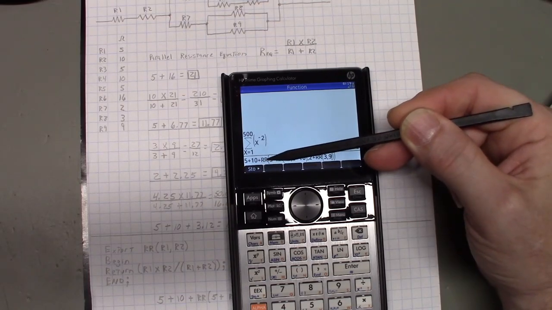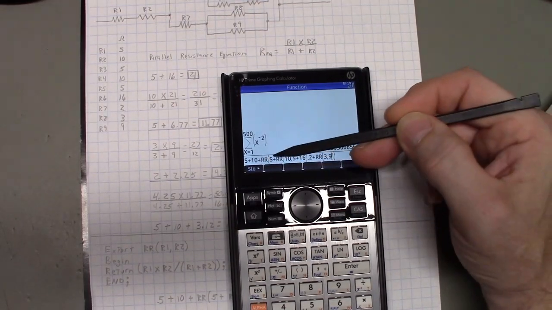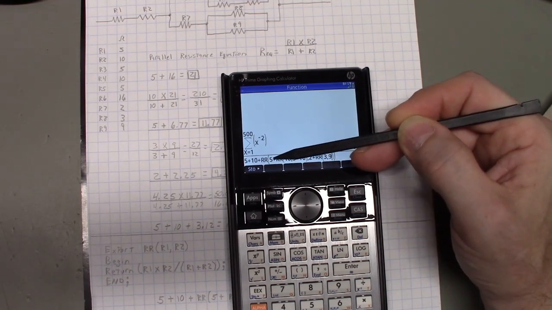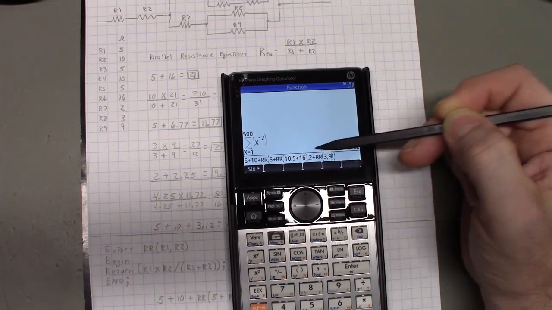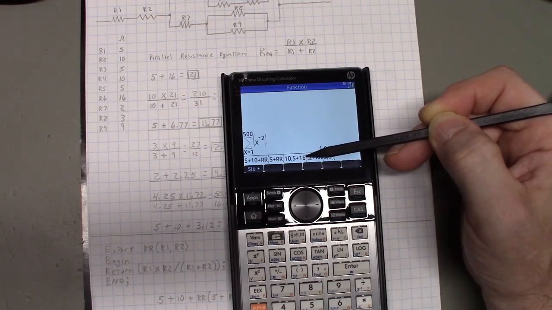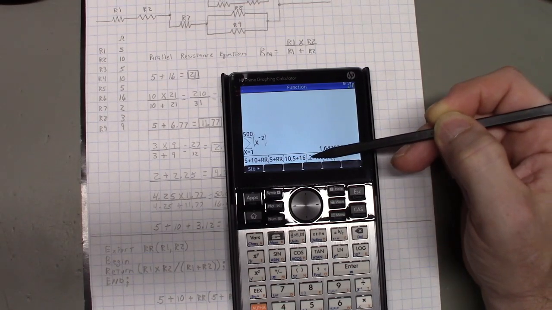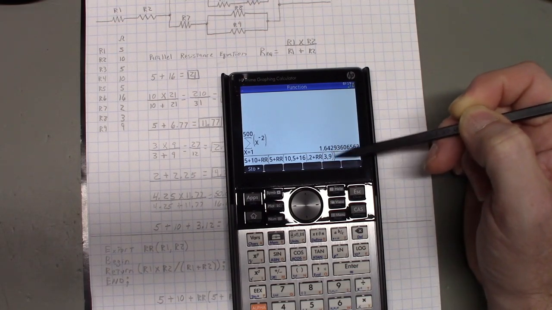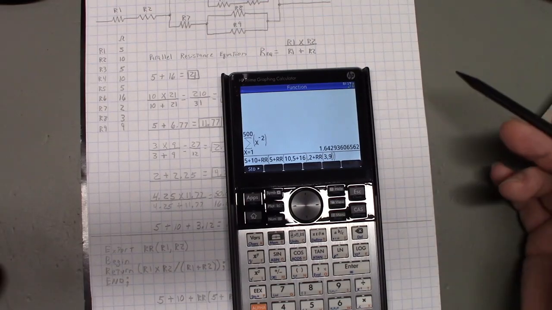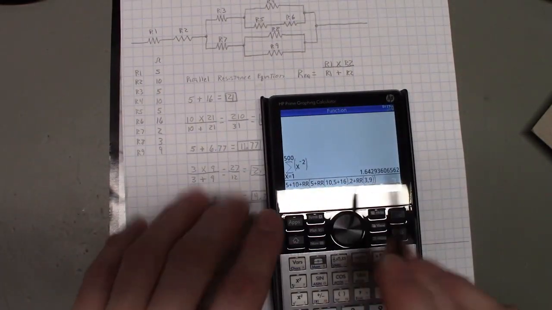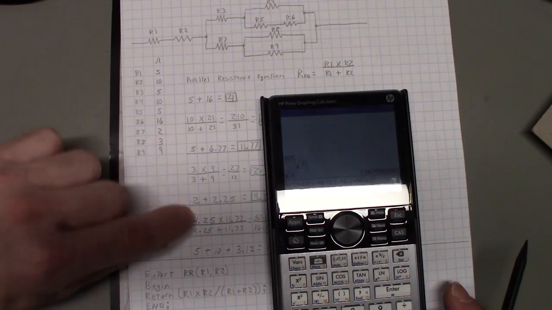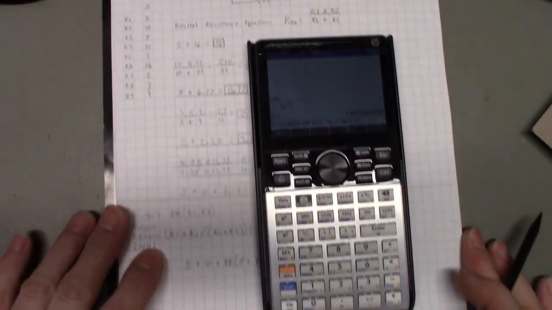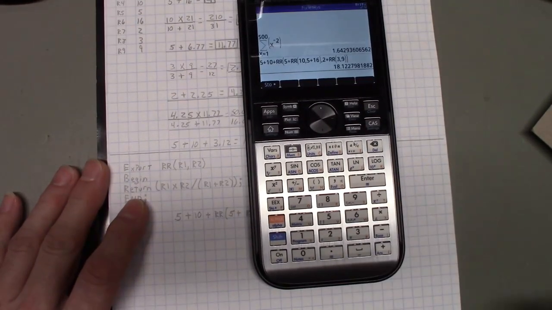5 plus 10 plus RR, which is my little program. Excuse me. Open parentheses, 5 plus RR, open parentheses, 10, 5 plus 16, close parentheses, 2 plus RR, open parentheses, 3, 9, close parentheses. That's it. It's a lot less stuff to punch into a calculator than having to punch in all of this stuff here, and it's definitely a lot less than having to do it all by hand. And if I hit the enter button, you can see the answer,